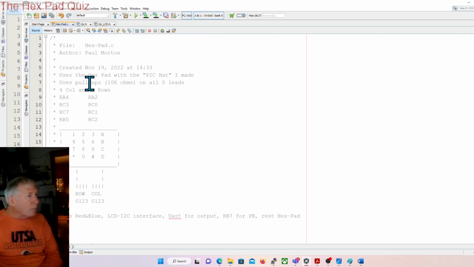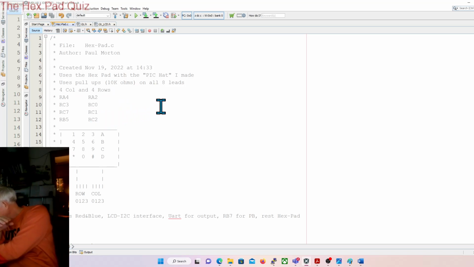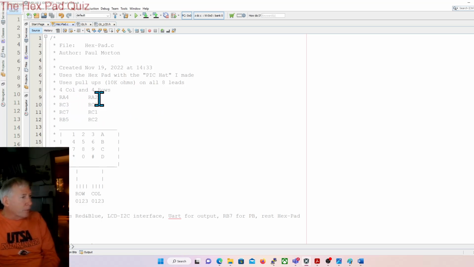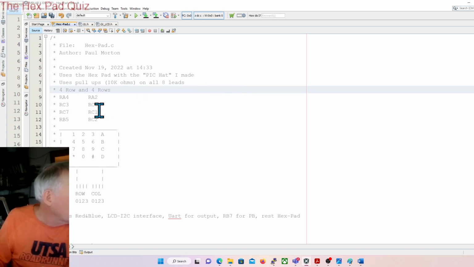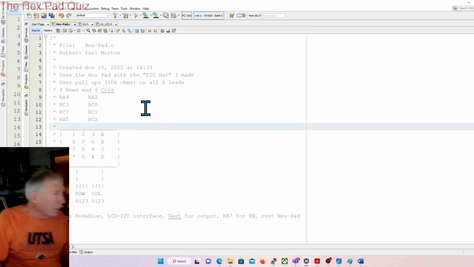I used pull-up 10Ks on all 8 leads, and then 4 columns, RA4, RC3, RC7, RB5, and 4 rows, RA2, RC0, RC1, and RC2. Actually, I believe I switched those around. I should correct that. Yeah, I'm sure I did the rows. I need to switch that. And maybe I will right now. Okay, so anyway,